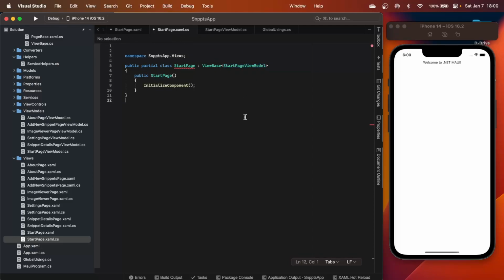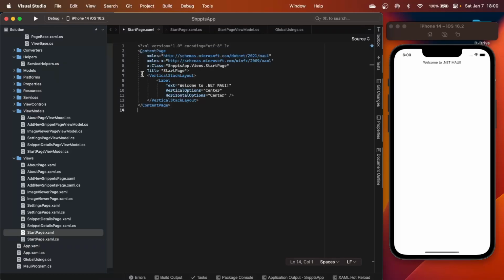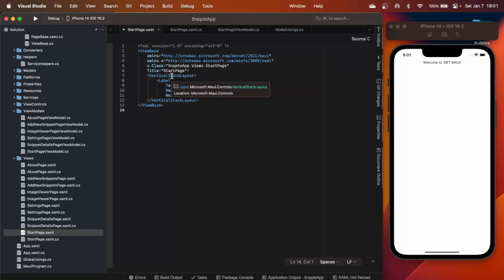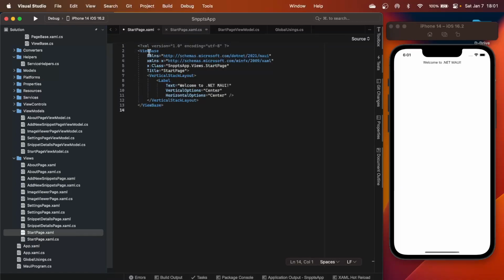So this is based on this start page view model, and right now it is complaining that this cannot be of different type, which is fine. We understand because here we are deriving it from content page, whereas it needs to be derived from view base. It cannot be derived from content page. Now this one should go away, but it still is giving an error because it does not know what this view base is. Sorry, it is defined in a different